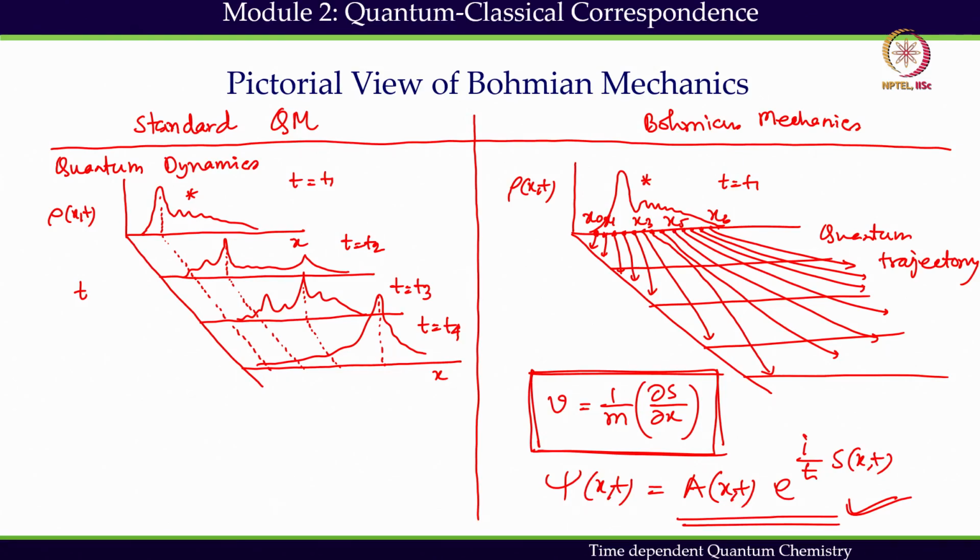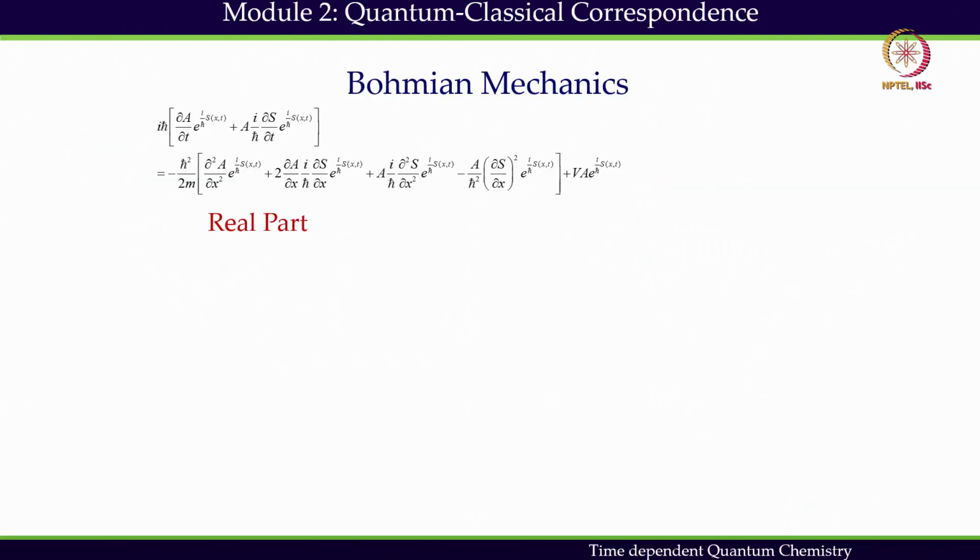So, this is the primary difference between the standard interpretation of quantum mechanics and Bohmian mechanics. We will move forward and look at the real part. Now, this part is real, and this part is real, and this part is real. And remember, we have removed this exponential term because we can take it out. So, the real part, if I write it down, is going to be minus a